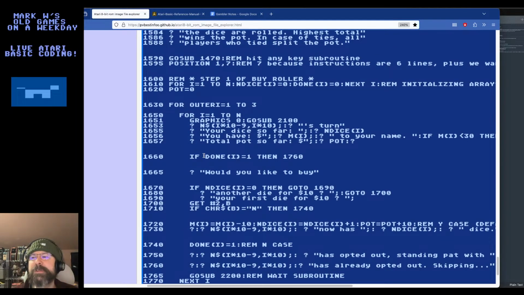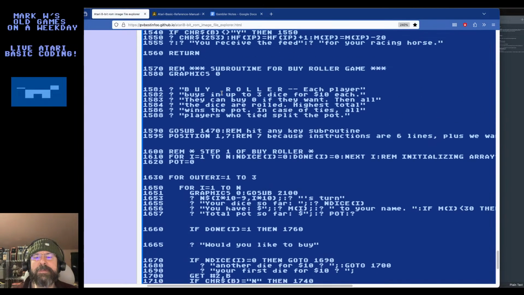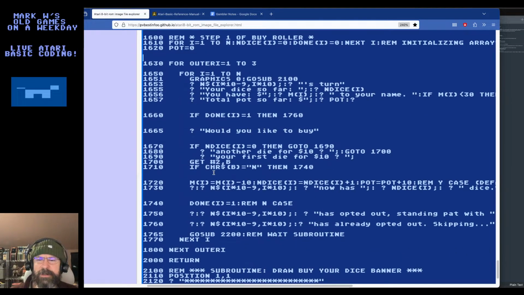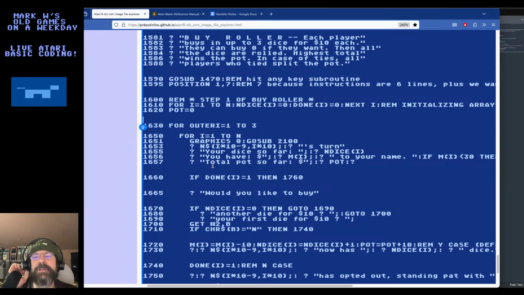It is presentable enough. Atari is not automated yet, but we could fix that later. Do I want to put a remark here that this is for the buying? I could do that. This is the buying dice loop.